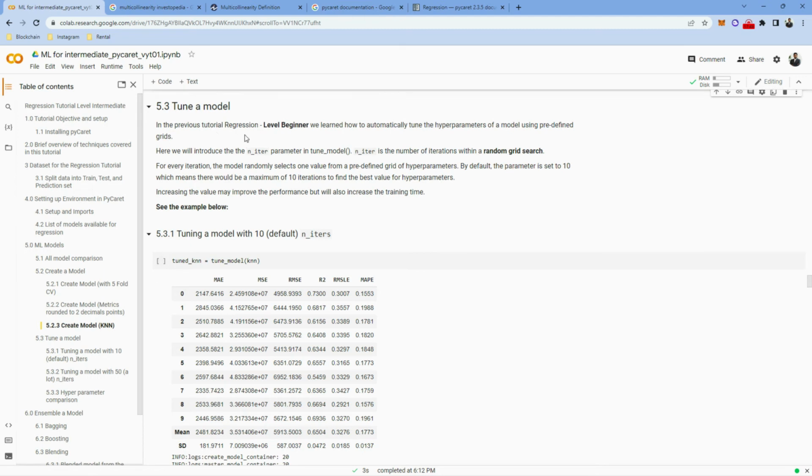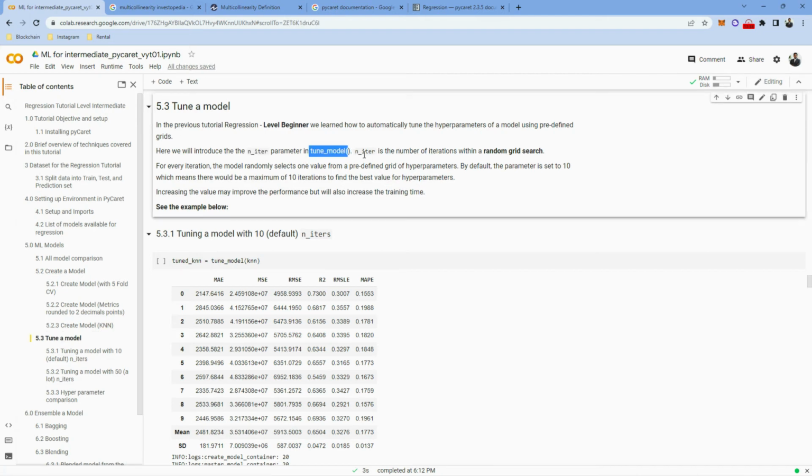And in the previous tutorial of regression, the beginner level, we learned how to automatically tune the hyperparameters using some predefined grids. Here in the advanced section, I want to talk about the n_iter parameter that we can pass to tune_model. The n_iter is the number of iterations with a random search grid, which basically means that for every iteration, the model randomly selects one value from a predefined grid of hyperparameters. By default, the parameter is set to 10, which means that there will be a maximum of 10 iterations to find the